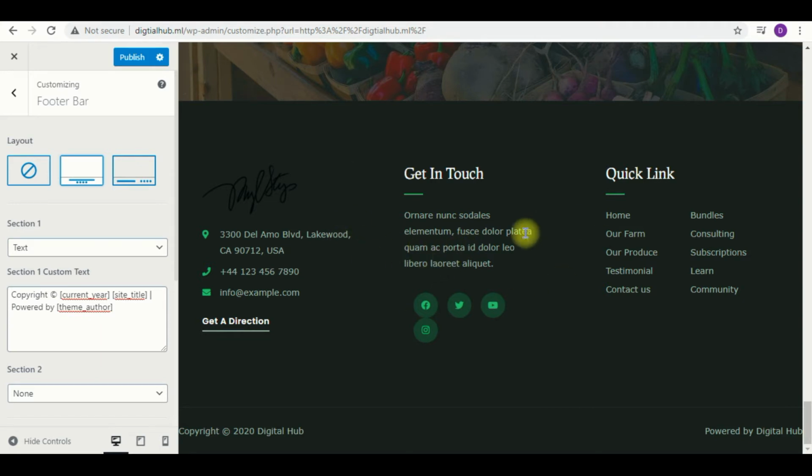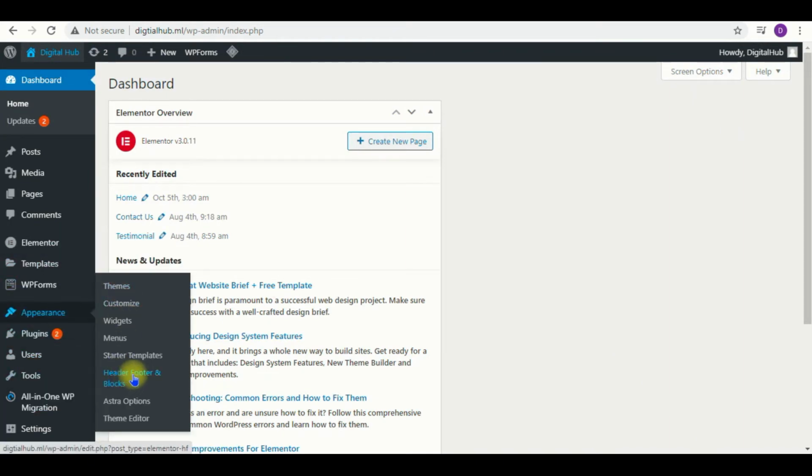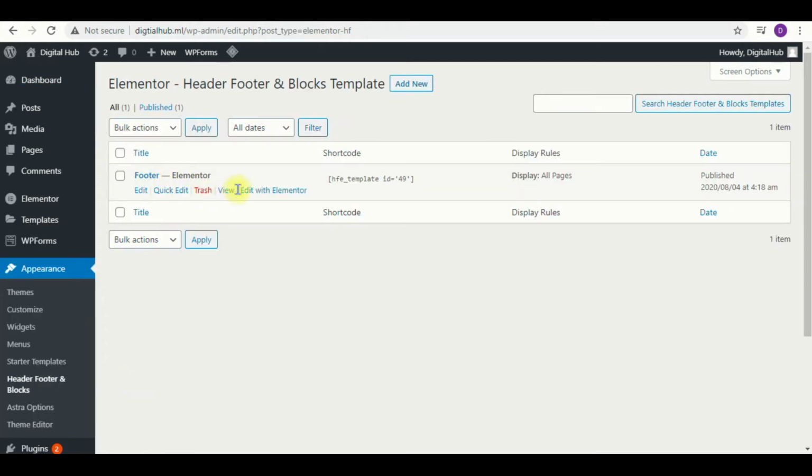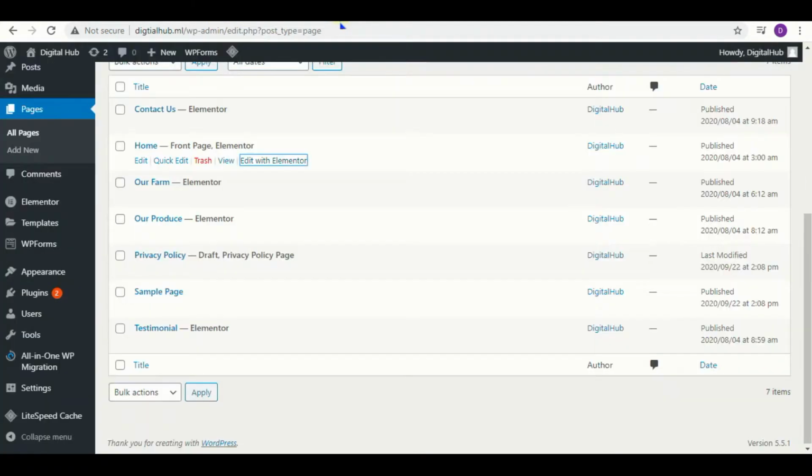But to change your footer, you need to simply go to your appearance and header and footer options. Here you will get an option of footer, because here the footer is developed differently. So you need to go this way, like the way we went to develop our home page in this